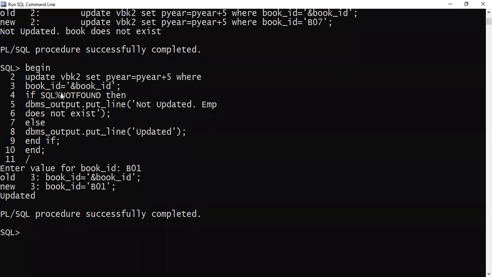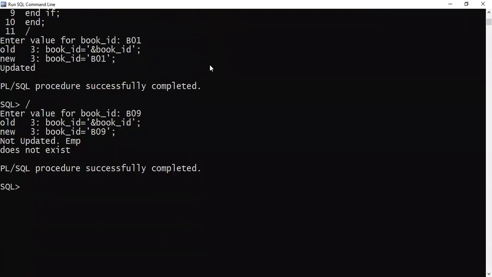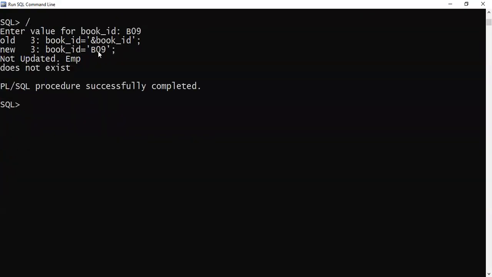That means it went to which part? This else part. Why? Because NOTFOUND returned false and then it went to this. Clear with this? Similarly, I can try with B09, which does not exist. It will say not updated, employee does not exist. It is saying employee because I have given that message in my program. Clear? So FOUND and NOTFOUND are similar, just reverse of each other.